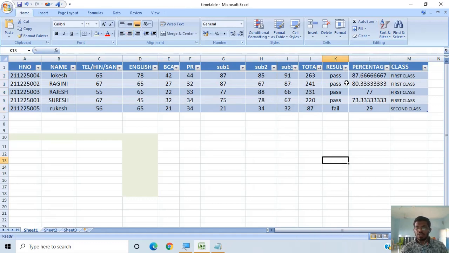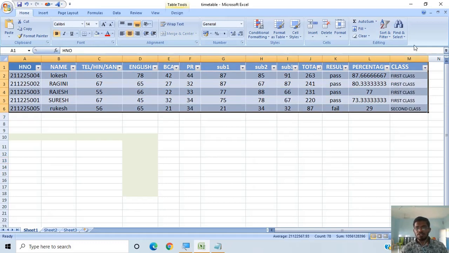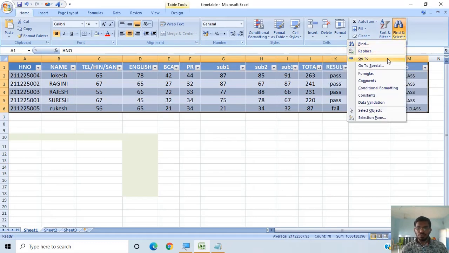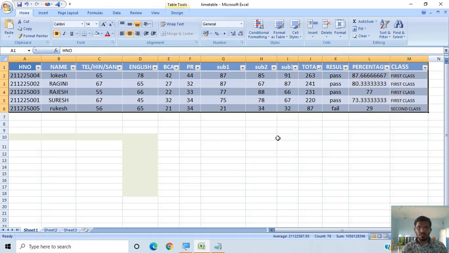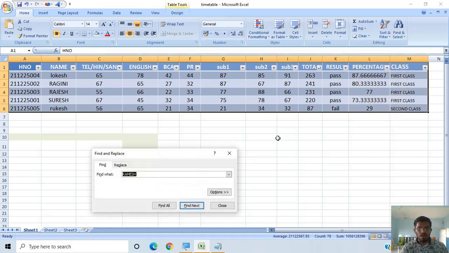Yes, like this we will sort the data from one to another, maybe in ascending order and in descending order. And if you want to find some value, or some person who is present here or not, click here on Find and Select, or otherwise you can directly use the shortcut key Ctrl+F, and automatically the value will be displayed.